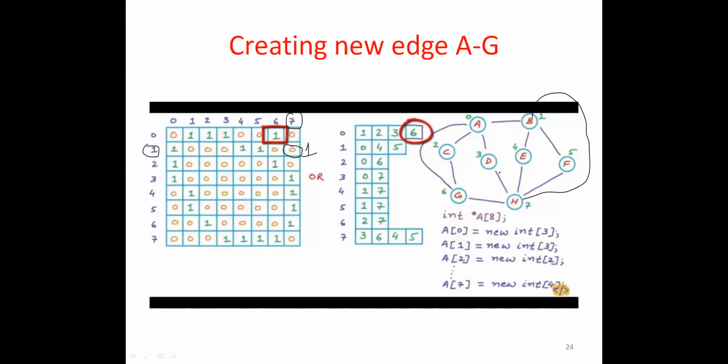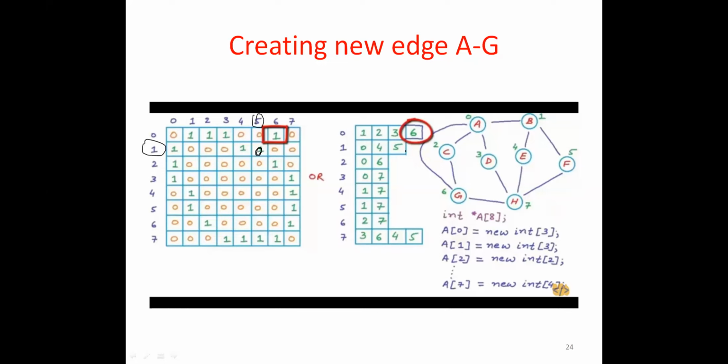Or if I want to delete an edge, say between B and F, nothing but 1 and 5, you need to take 1 and 5. Already it was 1. If I want to delete the edge, I will make this 0. Simple. So this is a simple operation in the case of an adjacency matrix.